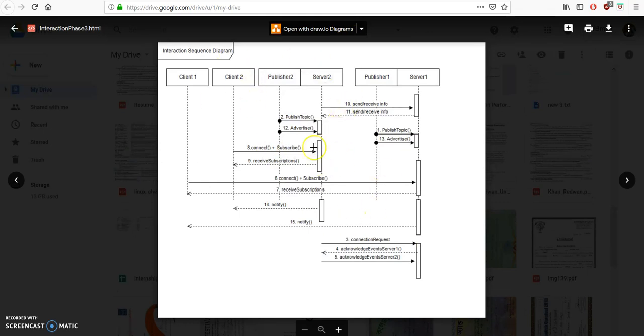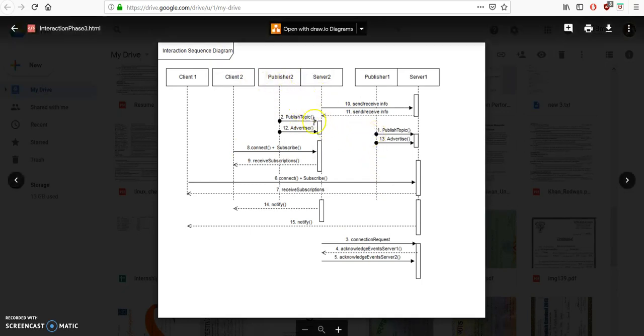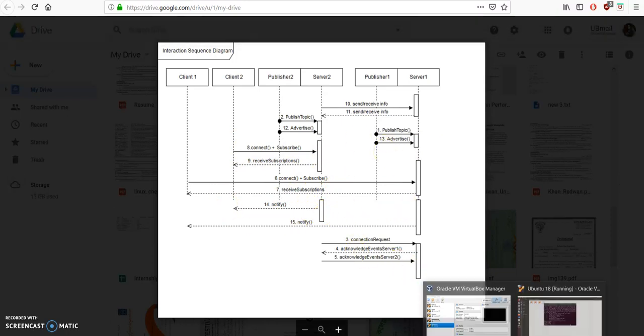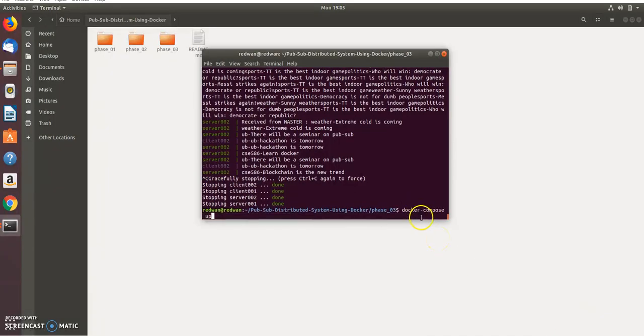And this is the interaction sequence diagram. As you can see, first the servers are set up, the publishers publish their topics, and then the clients get connected to the servers and they're notified of the different events. So now let's look at the program running. If I give this command, docker compose up,